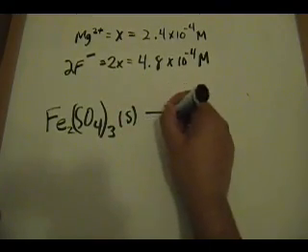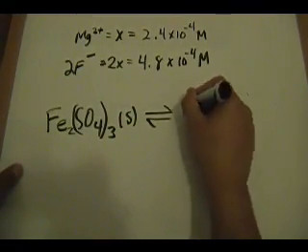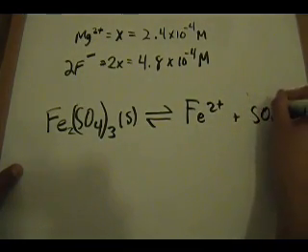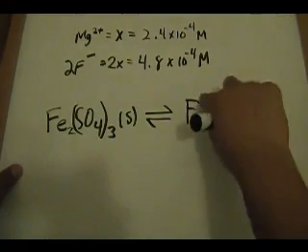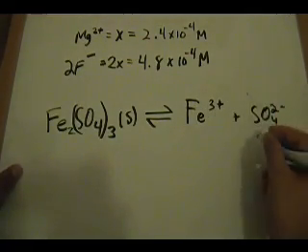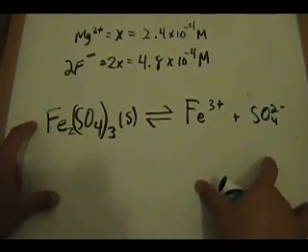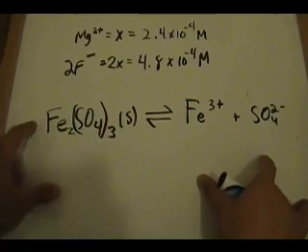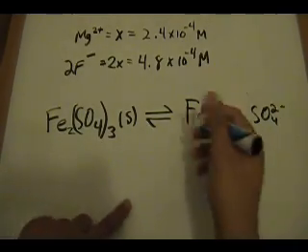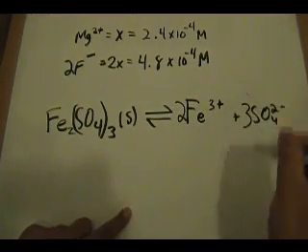It's slightly soluble, and will generate Fe3+ ions plus SO4 2- ions. Again, we want to balance the reaction. And again, for this example that I'm showing you guys, this is just another example. I just want you guys to understand the concept of molar solubility, okay? So this has a 2 in front of it, this has a 3 in front of it, right, to balance